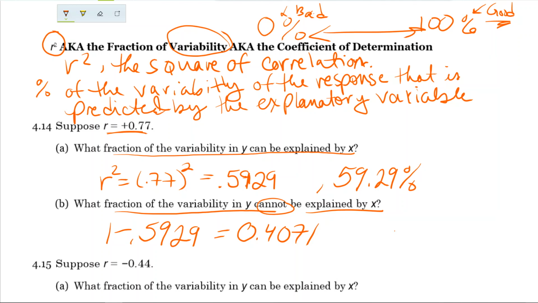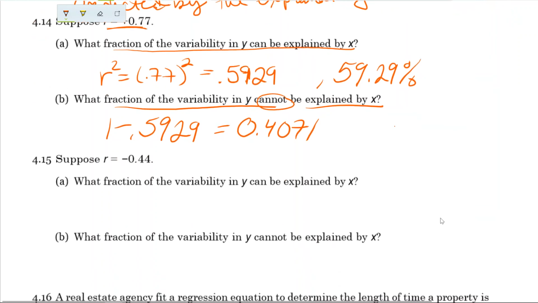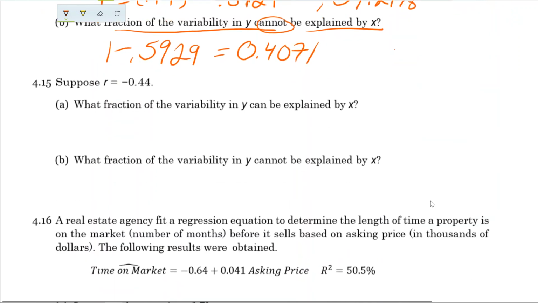Let me scroll down. For this one, the correlation is negative 0.44. You're like, that's kind of a weak correlation. Let's see what the variability is. How much of y can I predict by using x? How much is accounted for by changes in these two and the relationship? Well, let's R squared this. I'm going to take negative 0.44, notice my parentheses and where they're located, and square it